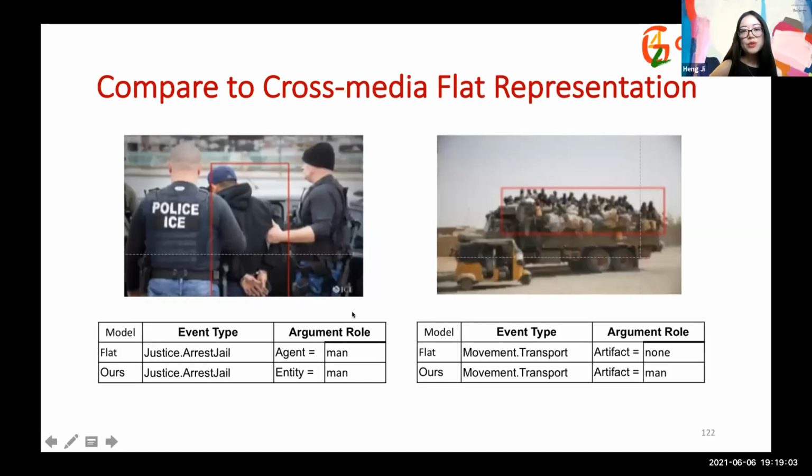So compared to cross-media flat representation that ignores the graph structure, we also can identify many more argument roles more accurately. So for example, in the flat representation, this man will be mistakenly identified as agent just because the similar visual features maybe appear frequently as an agent. And we also have the